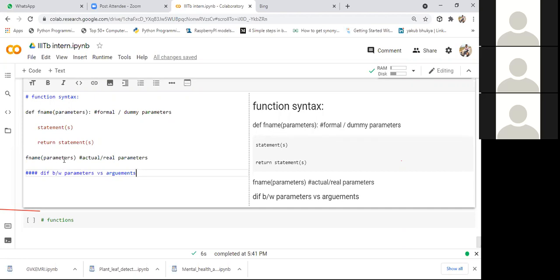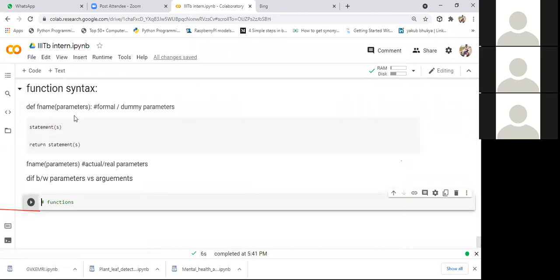If you specify something in a function call, those are said as arguments. If you specify some values in a function definition, those are said as parameters. Widely we'll use the word parameters in both cases. But if anyone asks you, the simple answer: something in a function definition is a parameter, something in a function call is an argument. That's a simple explanation. We'll see a few programs, guys.